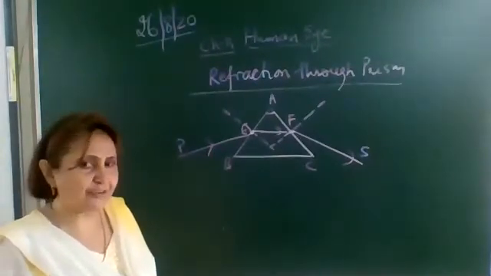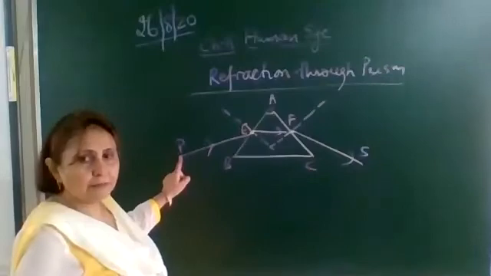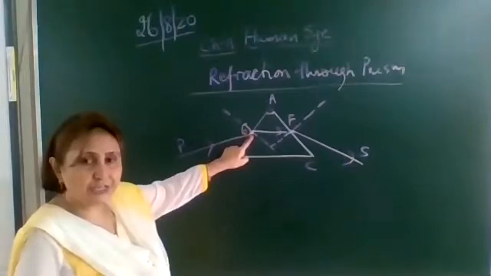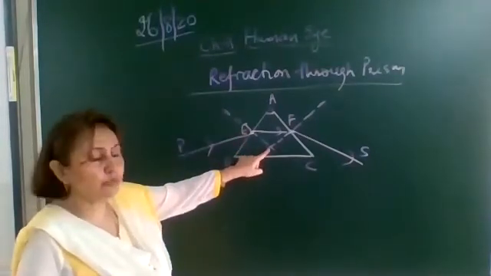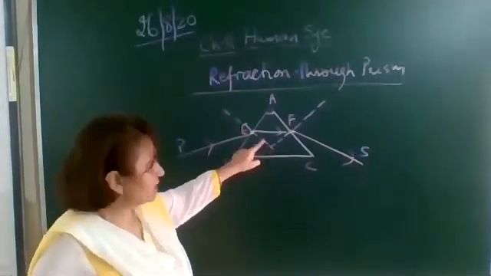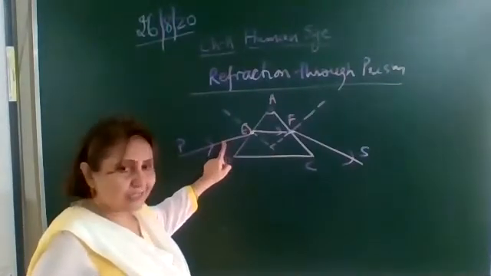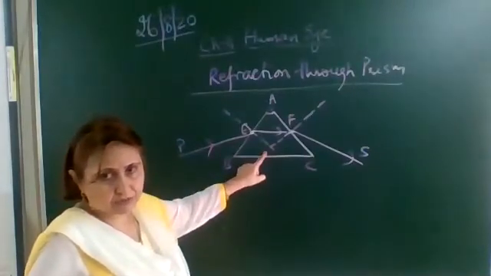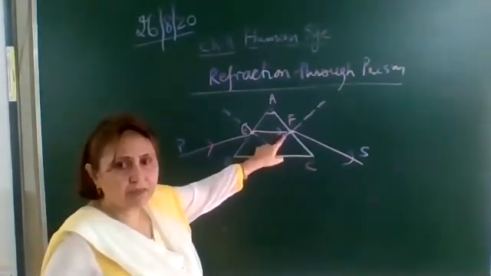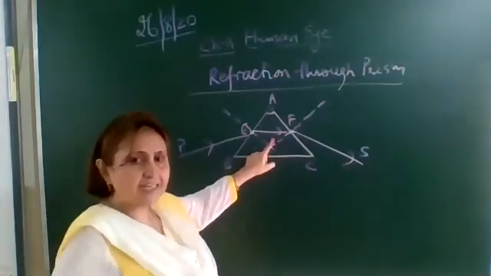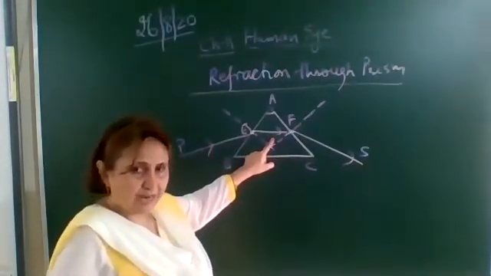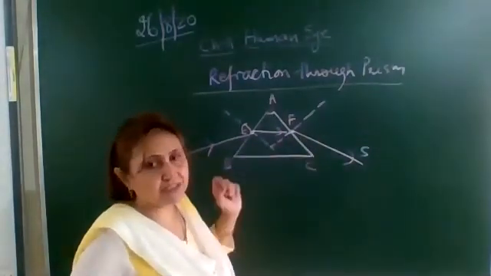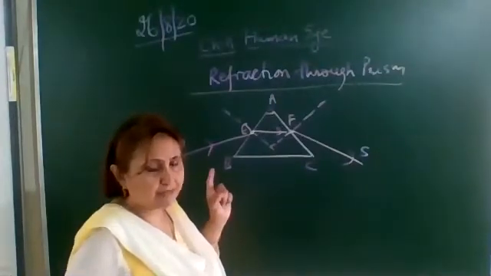So this is how refraction takes place in a prism. PE is the incident ray. At this point E, we draw one perpendicular to the AB surface. This we call the normal. Now the incident ray which is traveling from rarer to denser, air to glass, will bend towards the normal. So the ray which is traveling inside the prism is called the refracted ray. And this ray now will move from denser to rarer medium, so it should bend away from the normal.